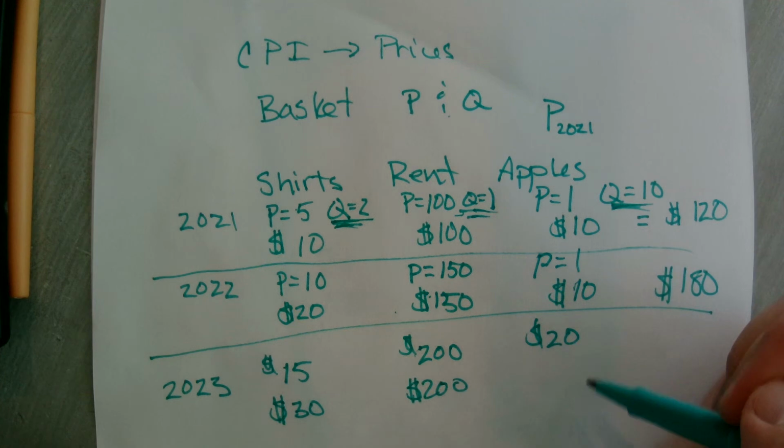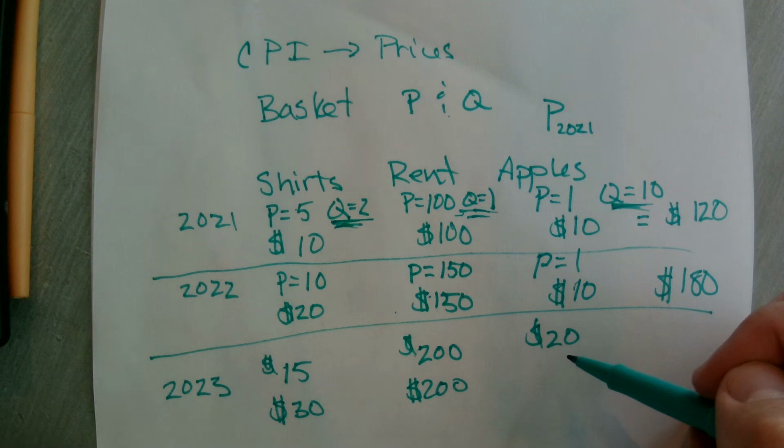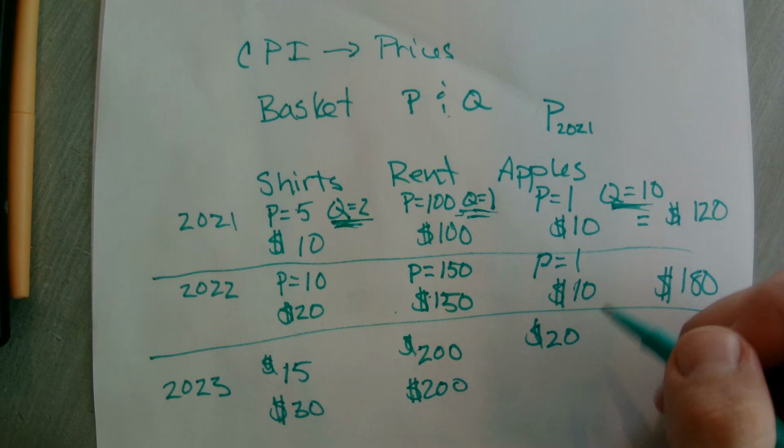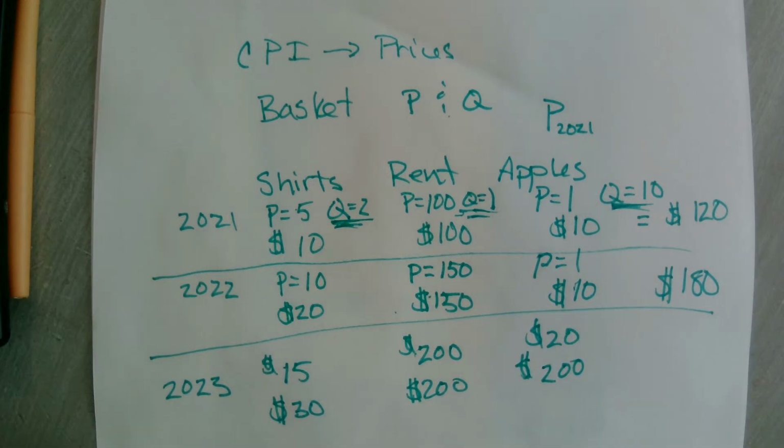Now, wow, did I say $20 an apple? Did I really write $20 an apple? Oh my gosh, they just went up crazy through the roof. I meant to write 2, but I'll just stick to 20. It doesn't really matter. That's going to be $200 now. Everyone's buying apples. Okay, that's crazy.